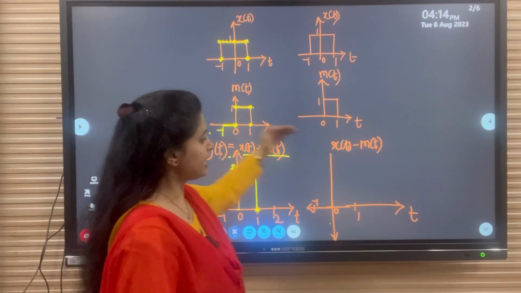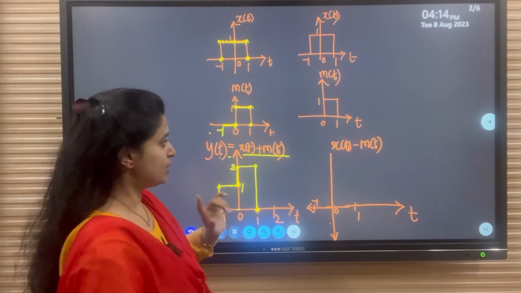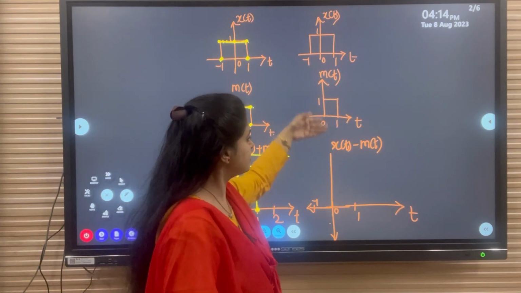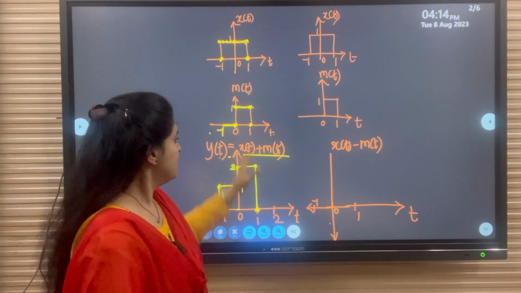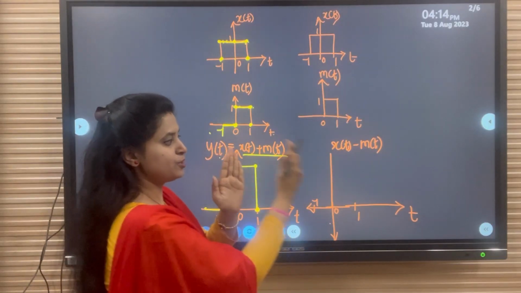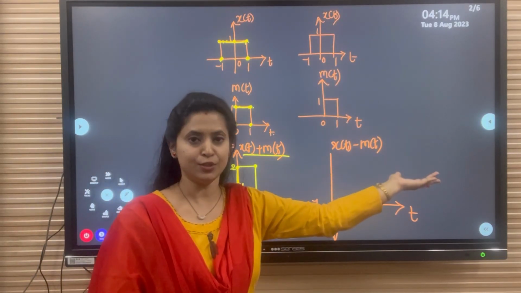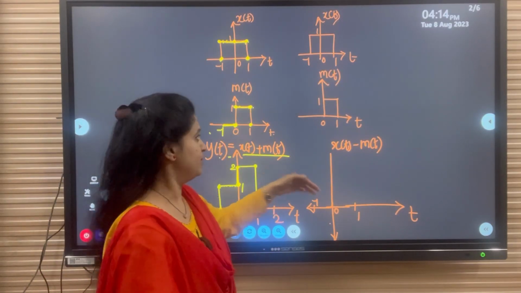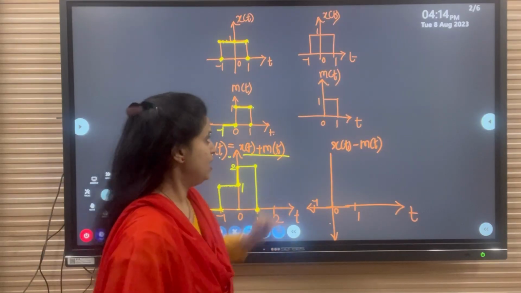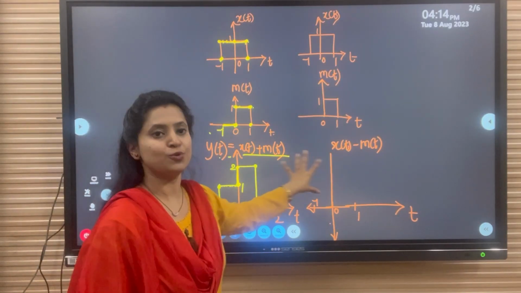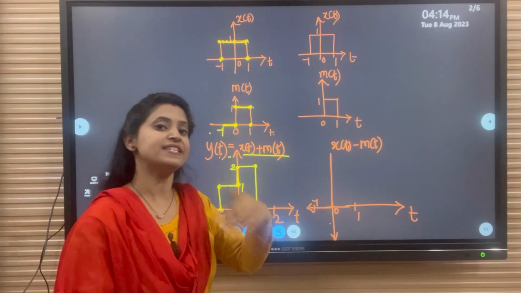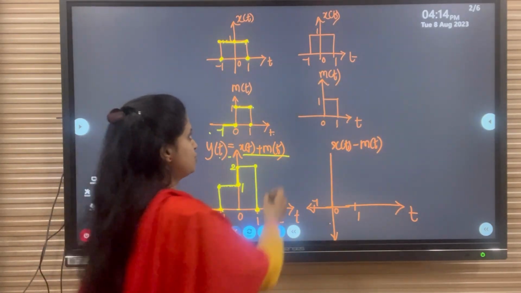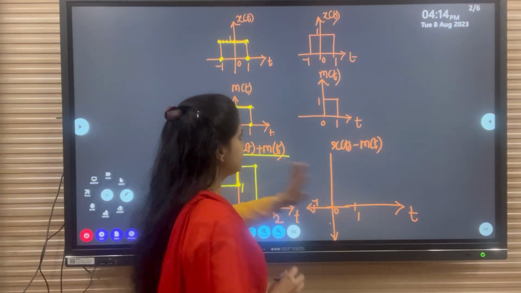In the same way, we can subtract the two signals. Again, one more important thing, I have drawn the same signals again. Now you might be thinking why it is needed to draw it one more time. Remember, if you are adding those two signals horizontally, it is quite difficult to analyze. If you are drawing it vertically, it is quite simple. That's why I have drawn it that way. So if you are doing those two operations or some more operations on the same signal, then draw it again and then perform those operations.